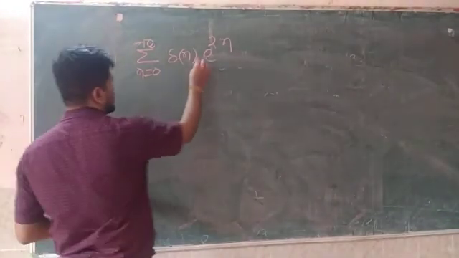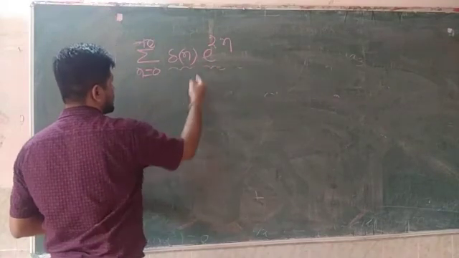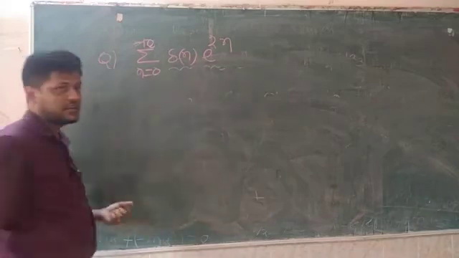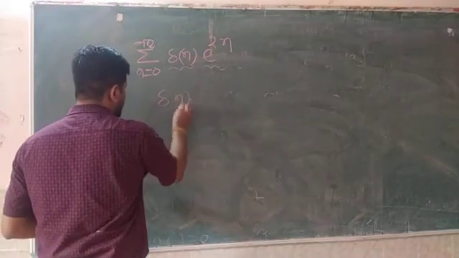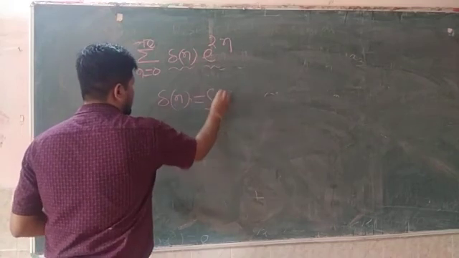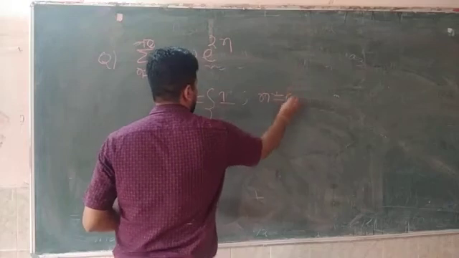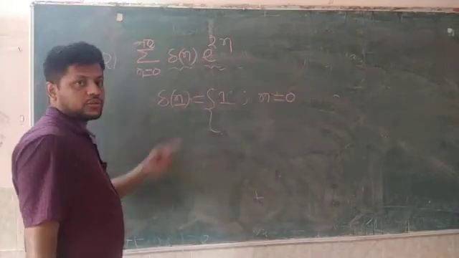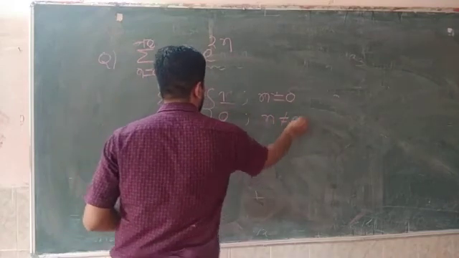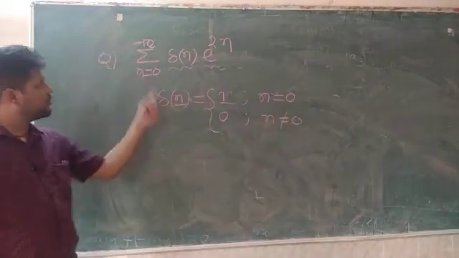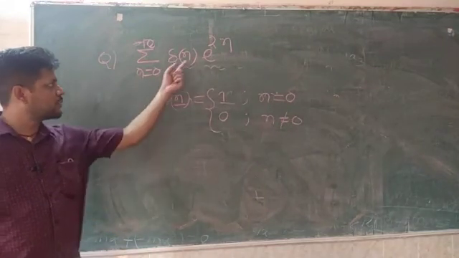The moment we see this, two signals are multiplying, del of n and e to the power 2n. First of all, you have to define where this del n exists. Remember where this del n exists. So del n is equal to 1 when the inside bracket is equal to 0. So when n equals 0, this value equals 1, otherwise this value equals 0. So for all the remaining values 1, 2, 3, 4 up to 10, the bracket value is not 0 and del is 0.